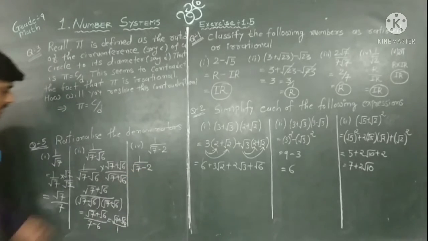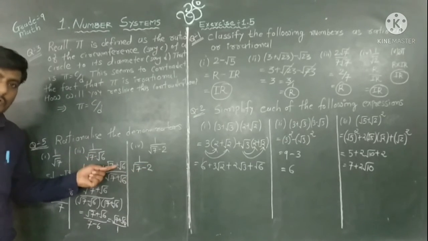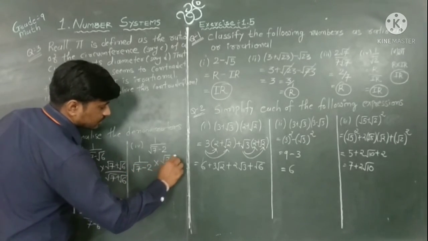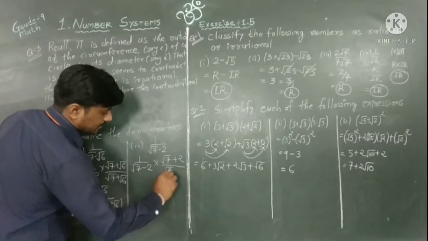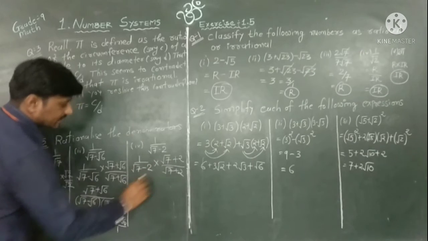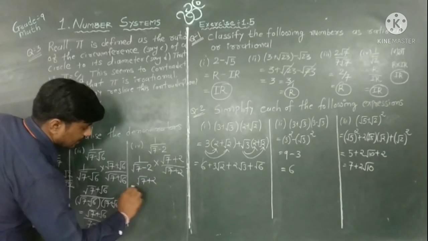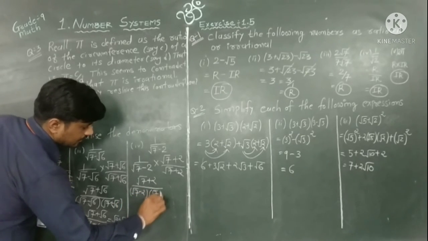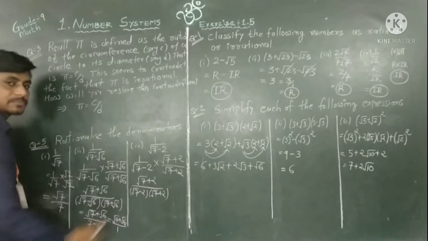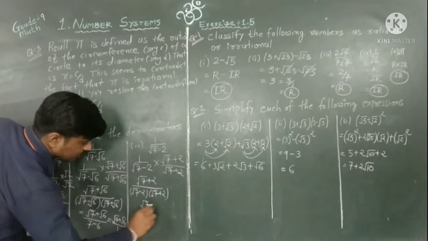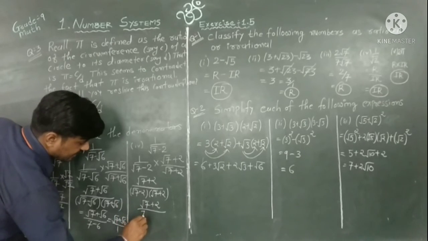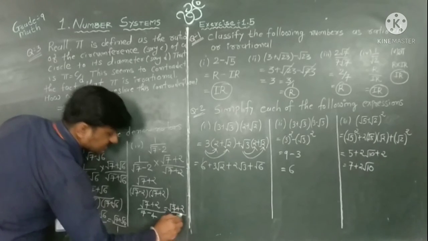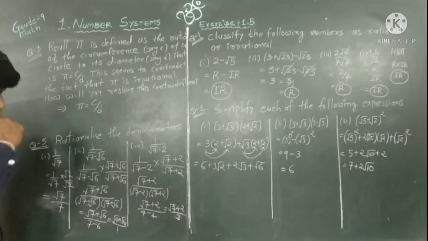Okay. Now the last one, again multiply with the opposite sign. Here we have a minus sign, so we take plus. We have to take the opposite sign to rationalize. So here I multiply root 7 plus 2 upon root 7 plus 2. Now the product of these two is the same, root 7 plus 2, upon, in the first bracket root 7 minus 2 and root 7 plus 2. Again here apply the (x minus y)(x plus y) identity. So root 7 plus 2 as it is, and this is 7 minus 4, that means 3. So root 7 plus 2 upon 3. This is the required rationalized form.